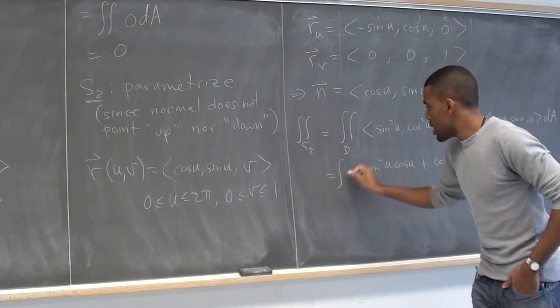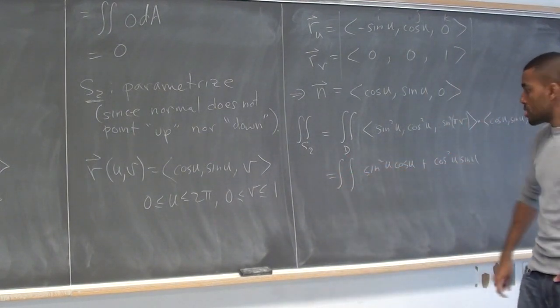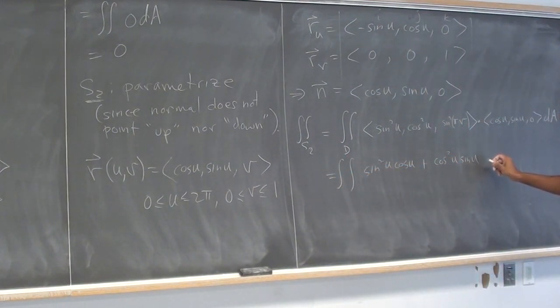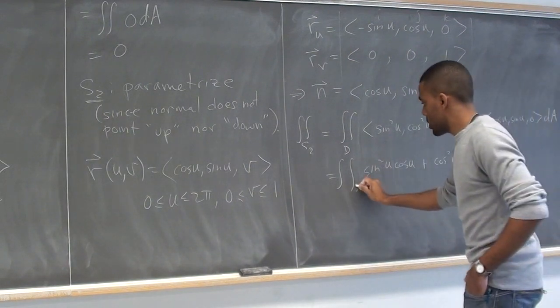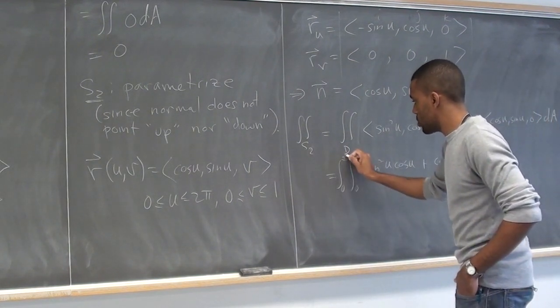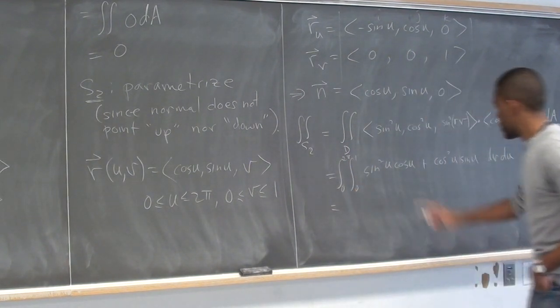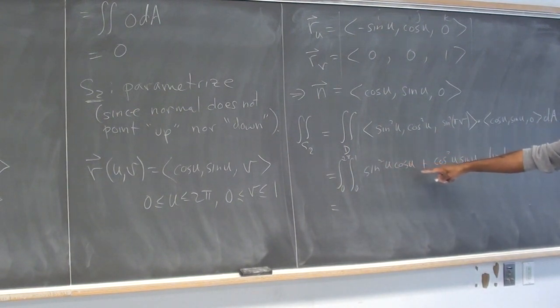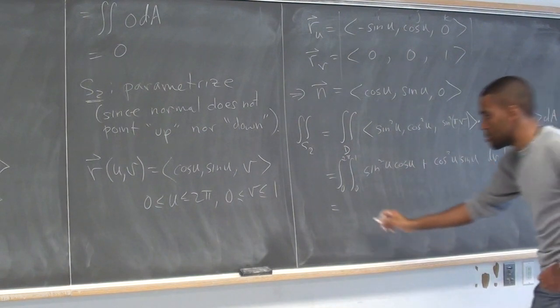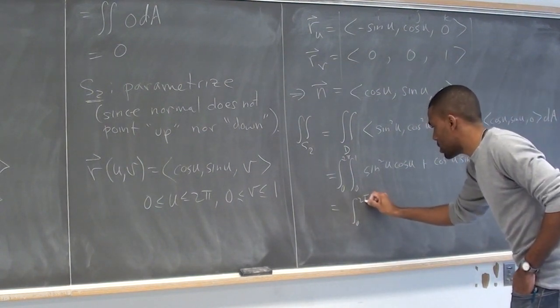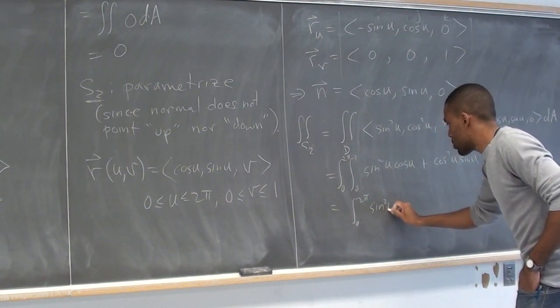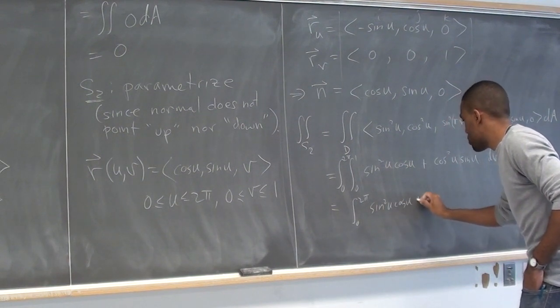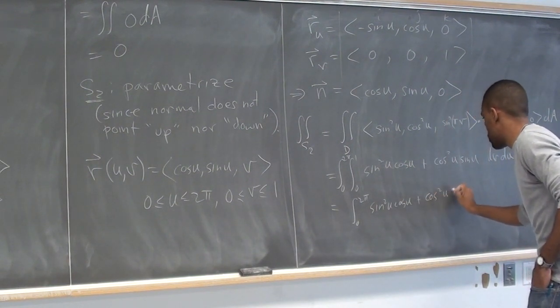And my dA is just du dv, or I can put dv du. V goes from 0 to 1, this goes from 0 to 2 pi. So this is all a constant. Integrate with respect to v, I just get all this times v. Plug in 1 and plug in 0, just get back the same thing. So this integral would just be sine squared u cosine u plus cosine squared u sine u